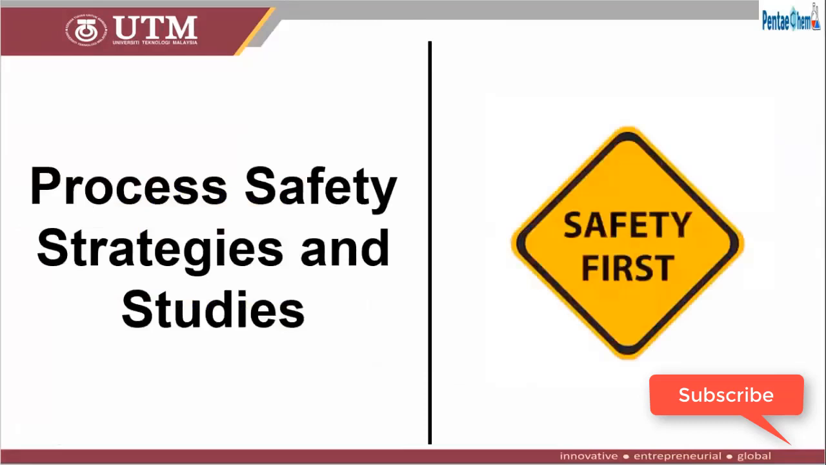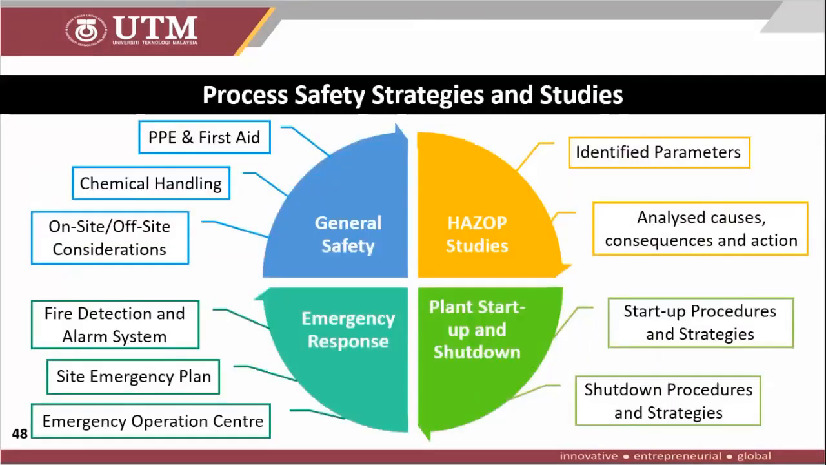So now I will continue with the process safety strategies and study. I divided this part into four different parts, which are general safety, emergency response, hazard study, and plant startup and shutdown. The general safety includes personal protective equipment and first aid, chemical handling, and on-site and off-site